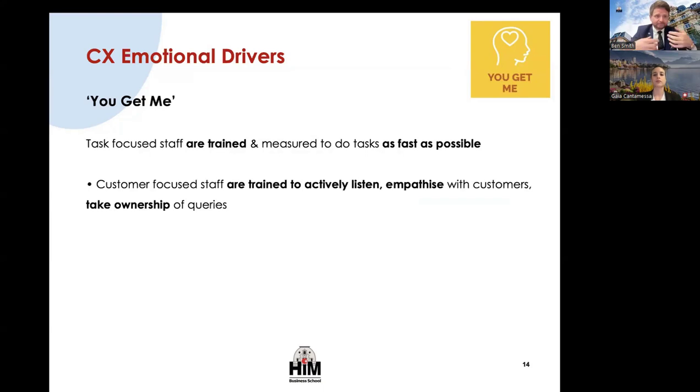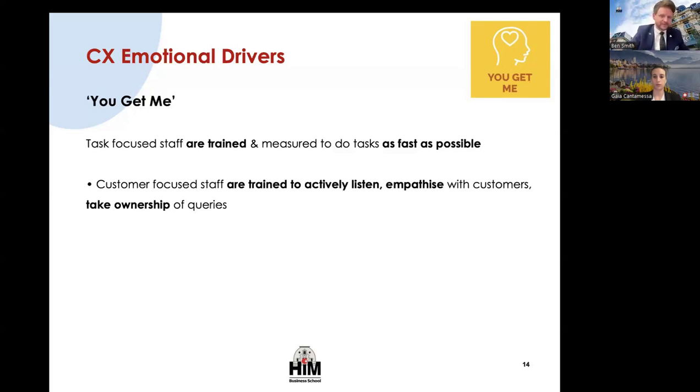The staff at your company should show empathy to customers, and when there's a problem, they shouldn't pass it to another department. They should take ownership of the problem then and there. If I, for example, work in the finance department and the customer service hotline has received a request at my company, if I'm able to solve the problem myself effectively for that customer, I will do it there